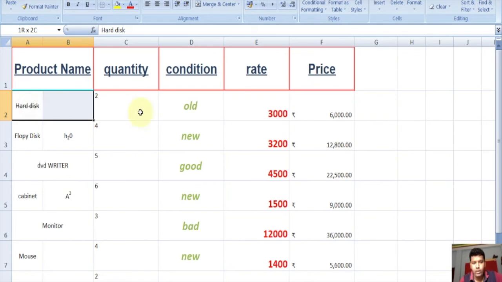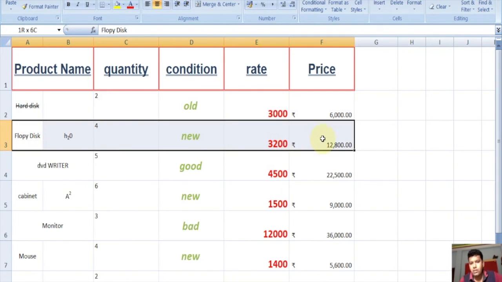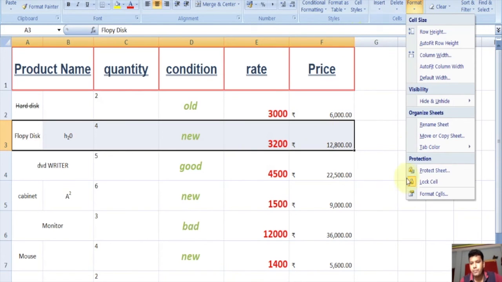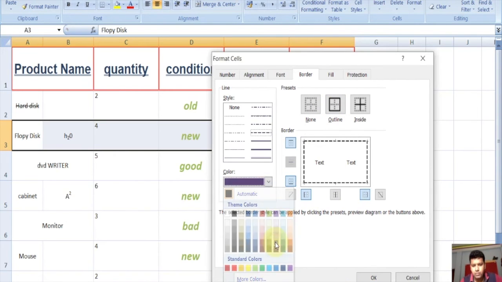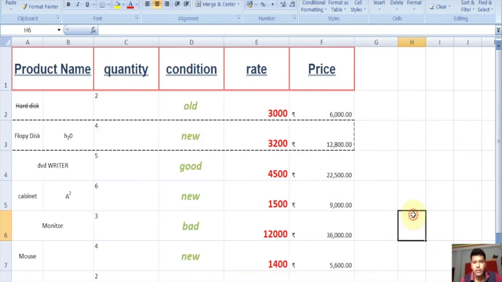If we give only outlines, select the cells, format cell, and click on, suppose we want to give this type of borders and only outline, and give a color, suppose violet. Click on OK.